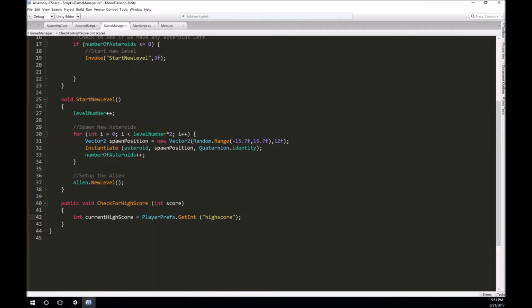Now, if there is not currently one out here called high score, then it's going to probably just return me a 0. So let's check this out and see what happens, because the first time you run this game, there won't be a high score. Okay? And then we're going to do a check here. We're going to check to see if the current score is greater than the stored high score. Okay, then so we're going to say if score